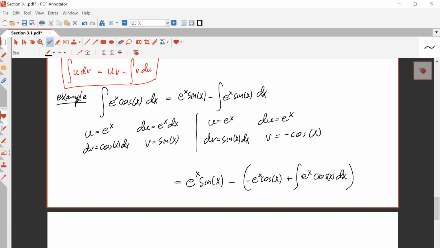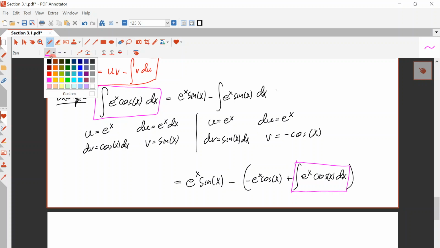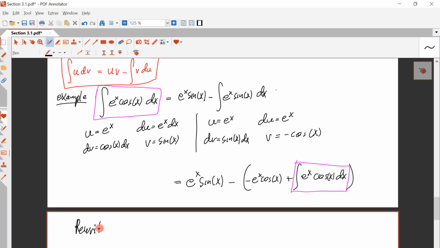Okay, something interesting happened here. So in my chain of equalities here, so I've got this is equal to this is equal to this. Notice that I've got that the antiderivative here is the same as the antiderivative here. Let's rewrite. Rewriting the equation, we get